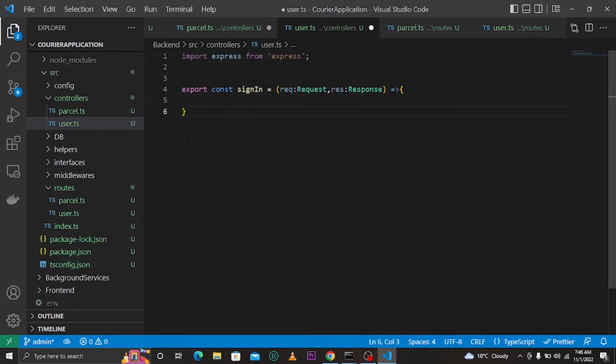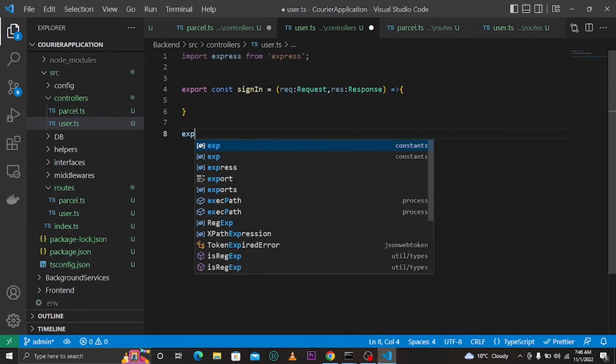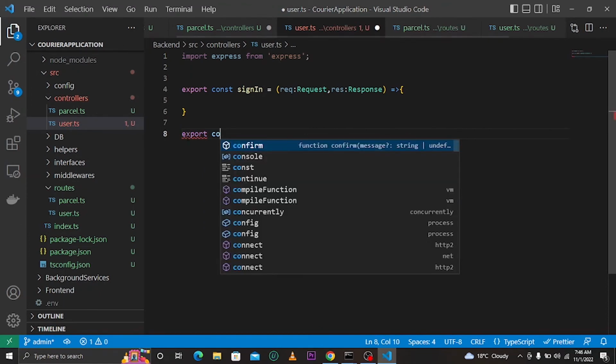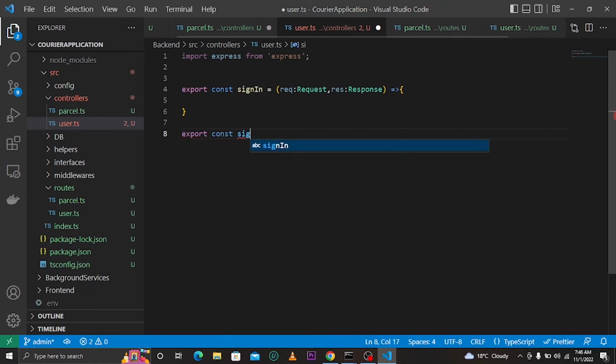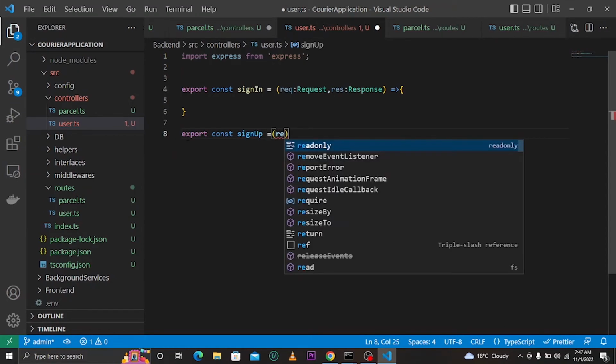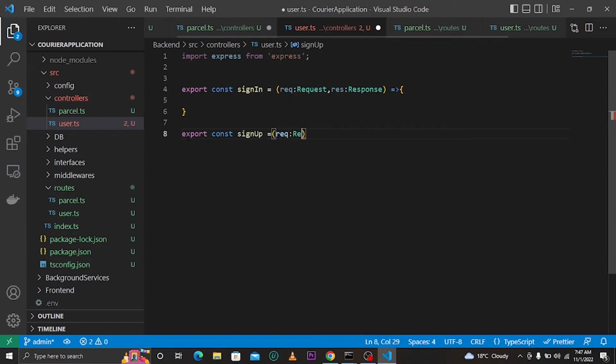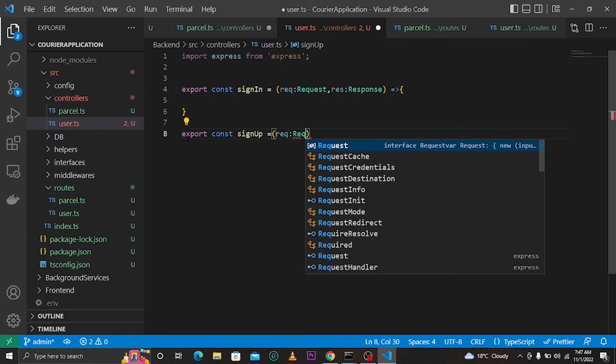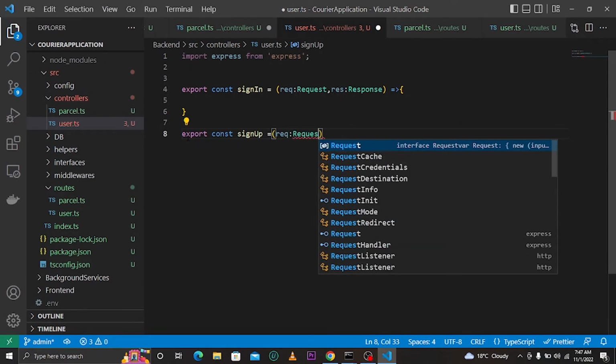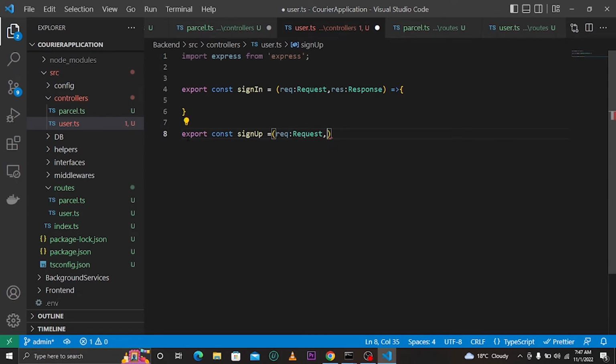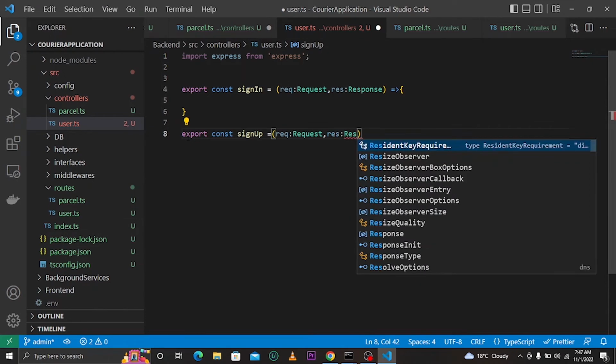Another thing is export const sign up or registering, just like that. And now we need to add the same request. This one is request, and response, and response,